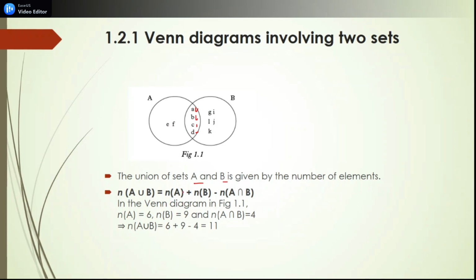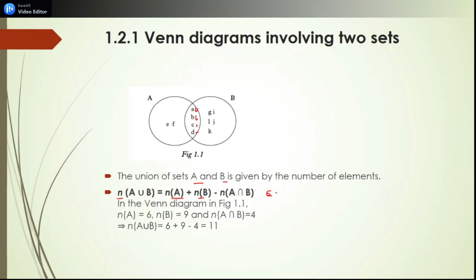It is the reason why we take the cardinal of A, for example. Those are the cardinal, or number of elements, of A. A union B means we take the number of elements of A, add the number of elements of B, then subtract the number of elements of the intersection. For A, 1, 2, 3, 4, 5, 6, we write 6.